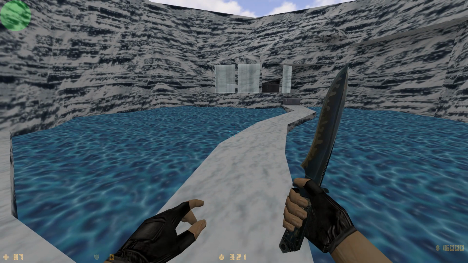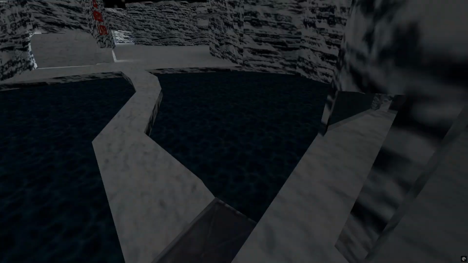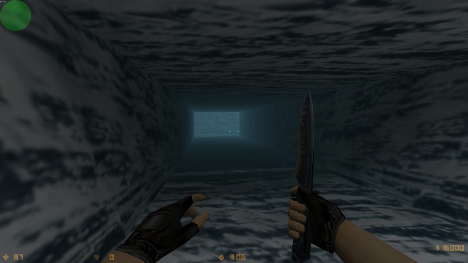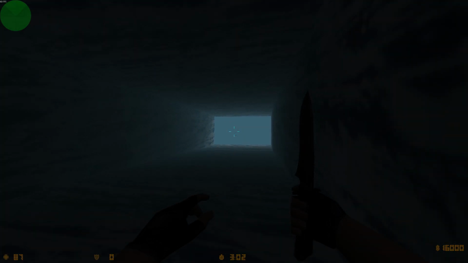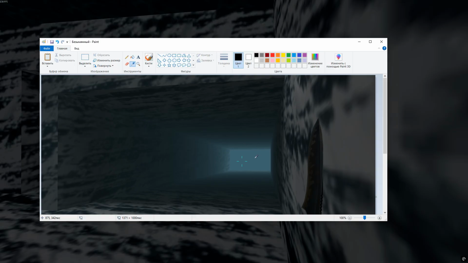Things get more complicated with creating water similar to the GoldSource one. The only way to create it that I could find is by using the lightmapped generic shader with the following parameters. The easiest way to get the original water fog color is by opening the original map in the game you took it from, going into the water,